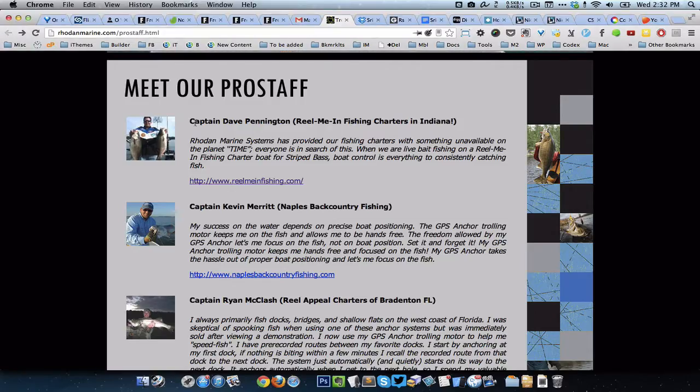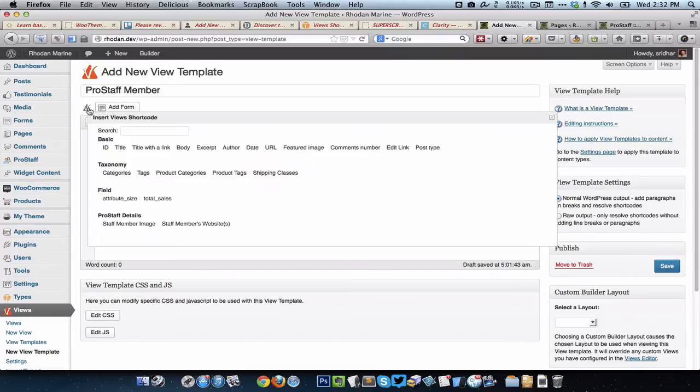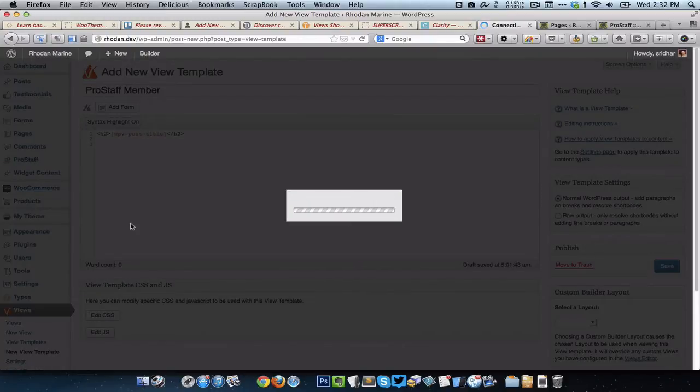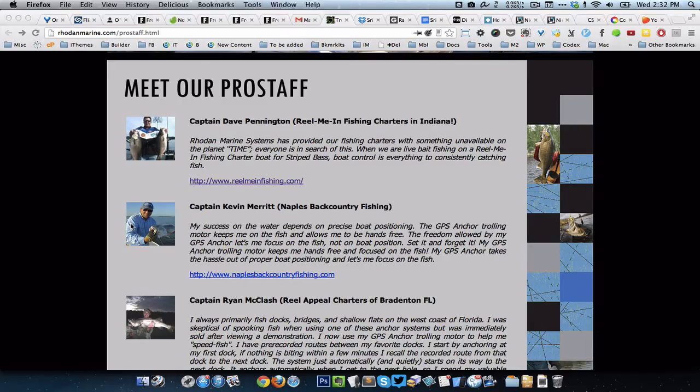Right, so below the title I would like to show the image of the person. So again I'm going to click on this button, and this is the custom image custom field that I have created and attached to this CPT, which I have populated. So I'm going to select that, and I would like the text to wrap around this particular image, so I want the image to float to the left.